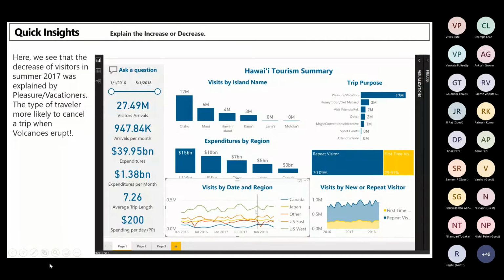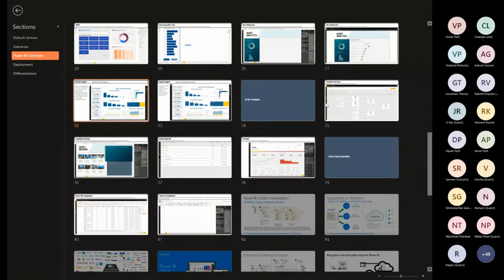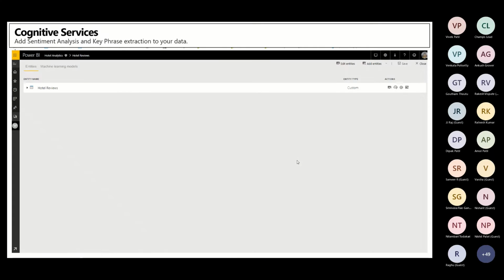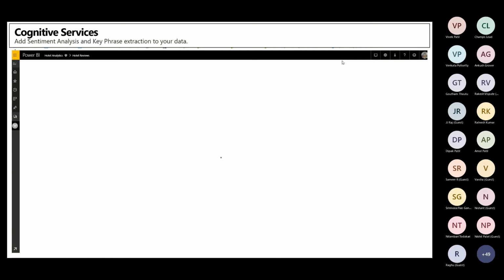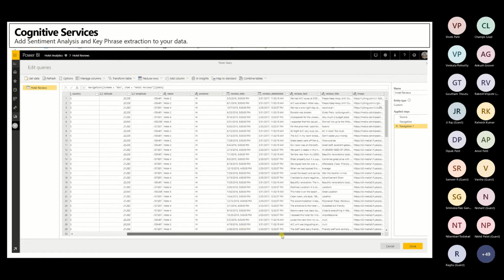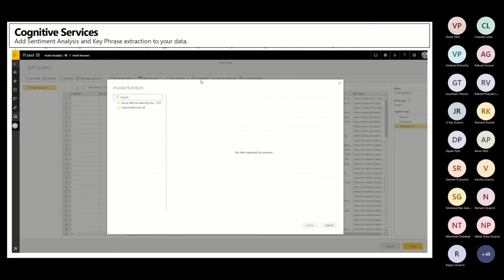Right. Let's also look at additional components around how you can leverage AI in cognitive services within your Power BI engine when we are talking about a modern engine, right? So when we say the power of cognitive services, primarily we are referencing sentiment analysis, key phrase extraction, image tagging, and language detection. These are the four services which exist today